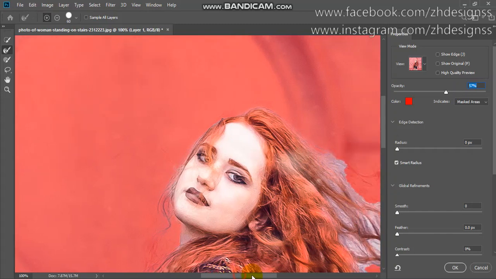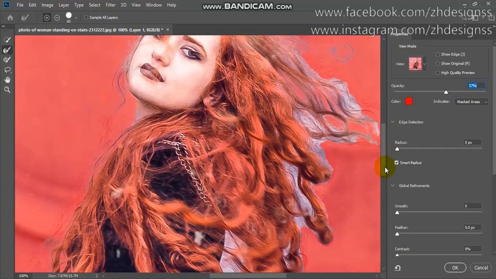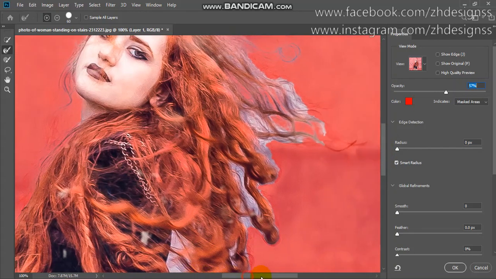If you want to select an area which is not selected, you can simply apply your brush there. Here you can see it is also removing the area behind the ear of the model.